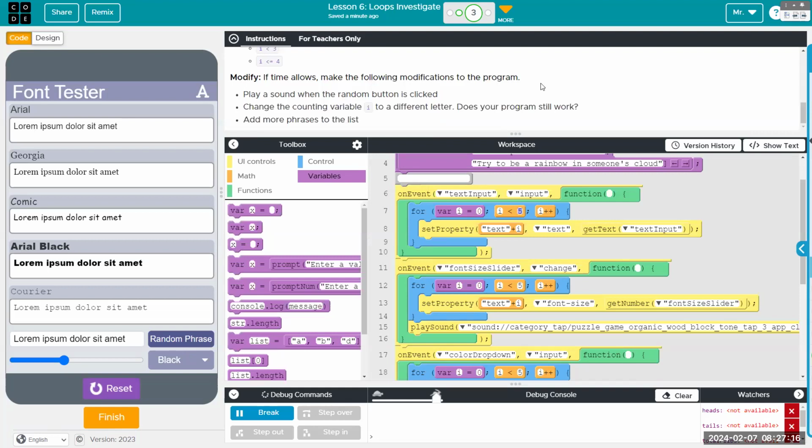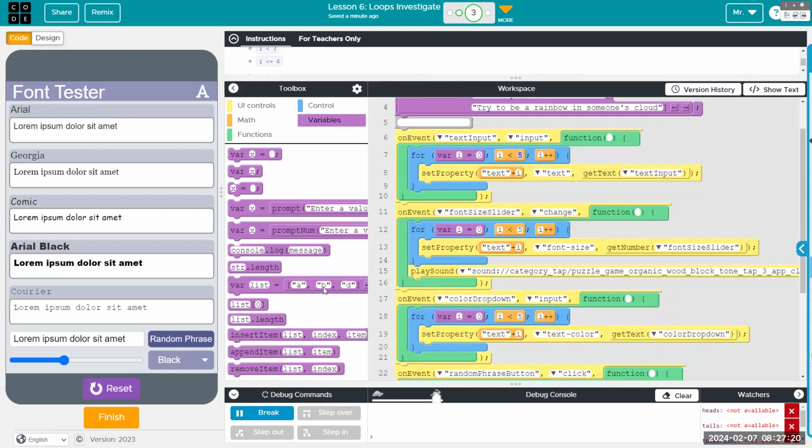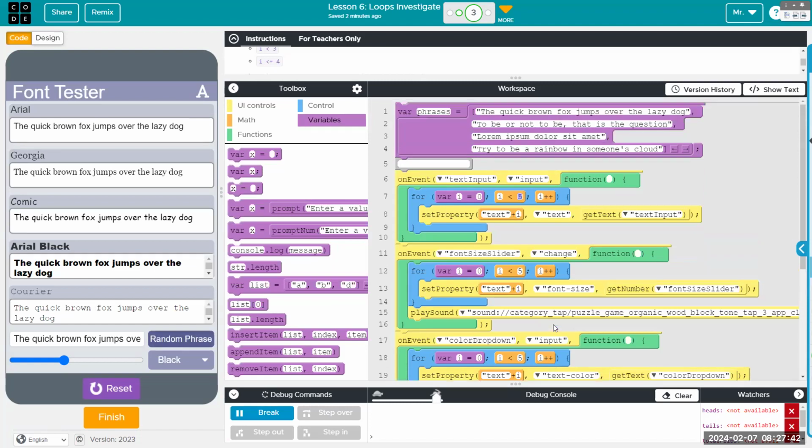Okay, what I want to add to this is the ability to make sure that when you click random phrase, you never get the previous one, which we need, which you can see here, we only have 4 items in the list. There's a 1 in 4 chance that you click on it and it doesn't change. Is it 1 in 4 or 1 in 3? Yeah, 1 in 4 chance that it doesn't change.